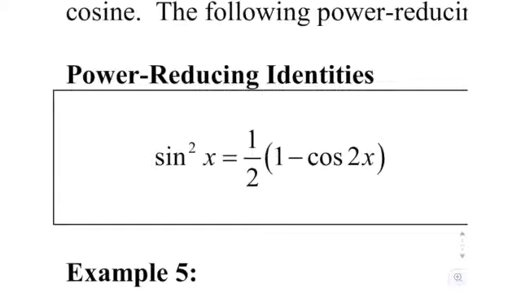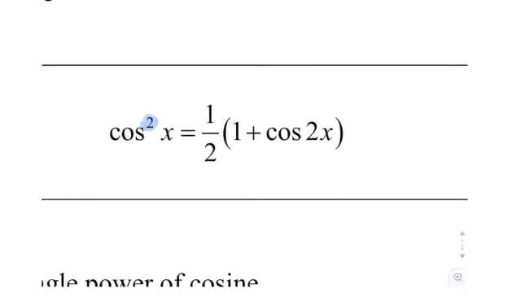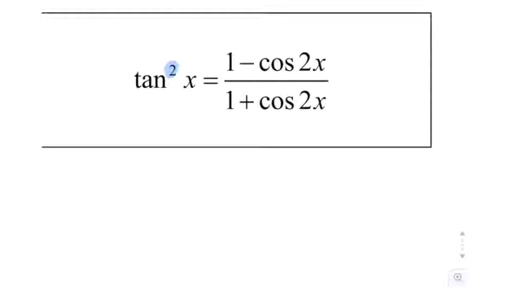Not necessarily that sense of power reducing, but in this case, we are going to be taking squares, things that are raised to squared powers, and we're going to reduce the power down to single powers, okay? So we're going from 2 to 1. We can write sine squared as a single power of cosine. If you notice the next one, we can also write cosine squared as a single power of cosine. And of course, because we always have our ratio identity, we can write tangent squared in terms of single powers